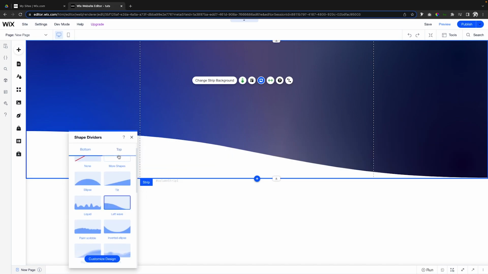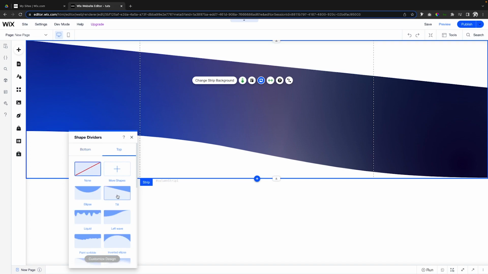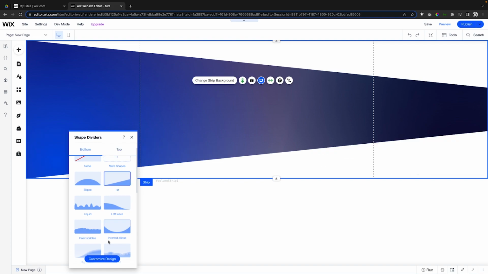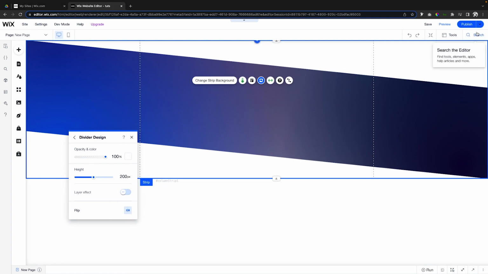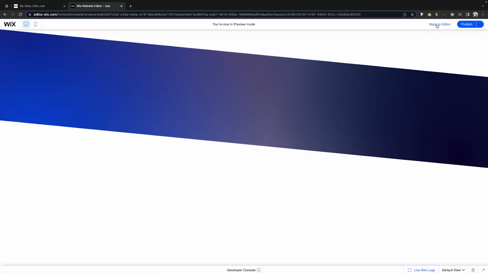If we go back, we can also see that we have two tabs up here at the top. One is for bottom, one is for top. And the cool thing is we can actually apply two. So let's say we wanted a top one that has tilt. If we go to bottom, let's do tilt here as well. But if we go into customize, we can flip this one. So we can have a really cool effect that looks like this here in the editor, here on your website,